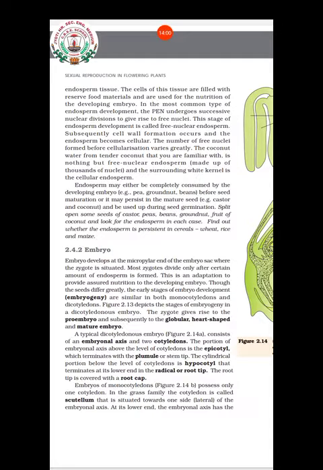There won't be any endosperm left out, but coconut or castor seed, which is an example of a dicot, is an exception which is having endosperm. So in them, the endosperm will be left out. That kind of seeds are known as endospermous seeds or albuminous seeds. Clear? So there are examples of exalbuminous and albuminous seeds. Albuminous means the endosperm is left out.